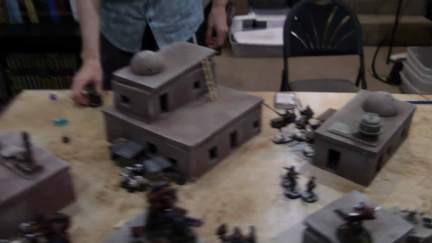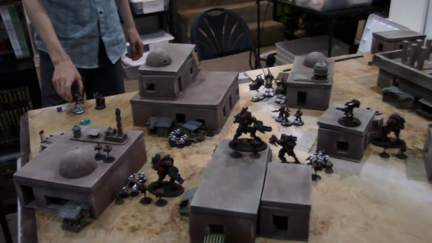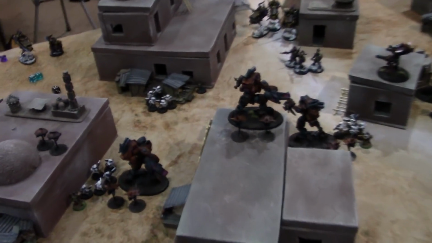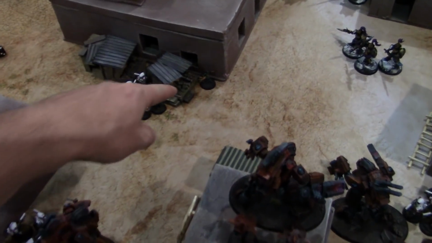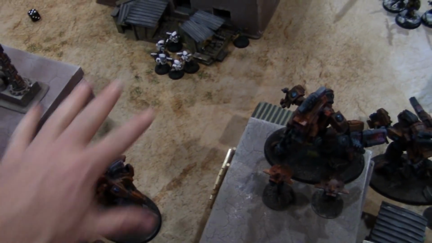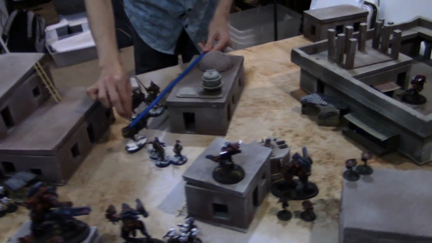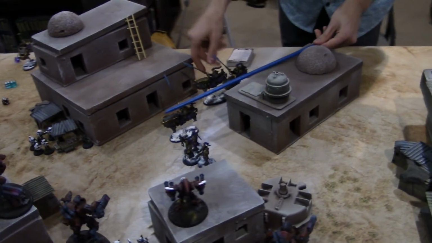Oh, this is going to be harder now. I've got to get that spy out of here. I think if the spy lives this turn, these guys are actually going to advance. I'll be able to get her maybe to here and close ranks with my other units. But man, those Adeptus Custodes, those guys mean